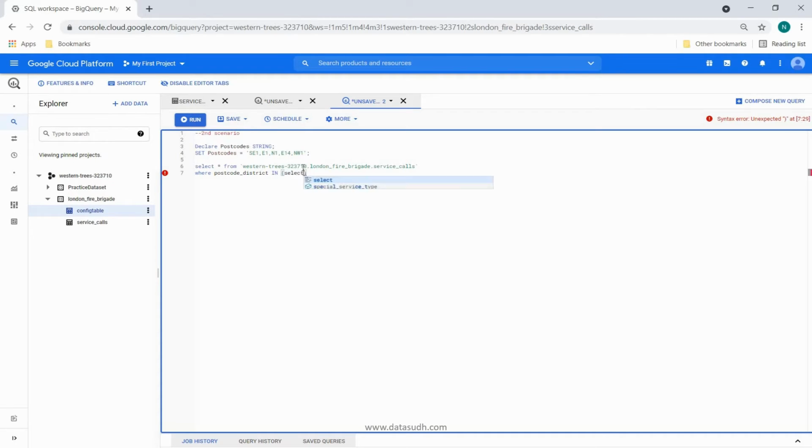So to achieve that, what we can do is first split it. When we are splitting the postcodes, it will give a nested block. That nested block will have SE1, E1, N1, E14 and NW1 separately. Now once we have that, we would want that to unnest into a plain table column. Okay, and we can name it as pcodes. Now if I run this,